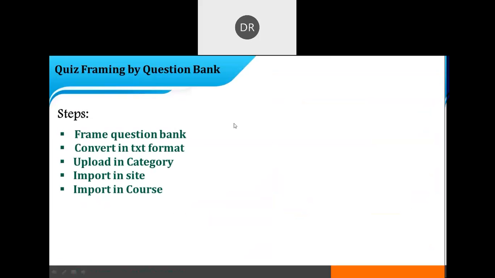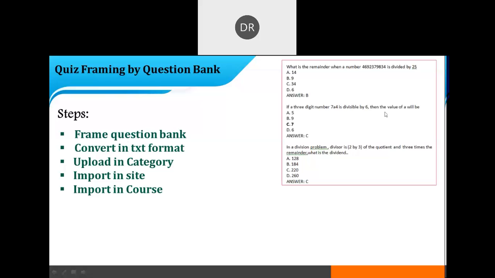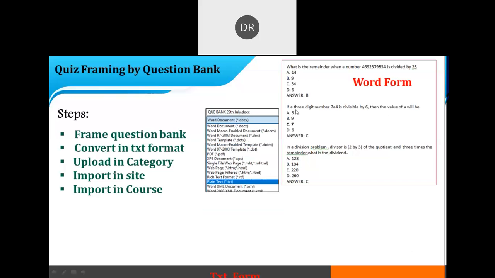Now how to frame the quiz by the question bank. First of all, frame the question bank. This is offline work. If the questions are many, then frame the questions offline in the format called Aiken format. It's a Word format.